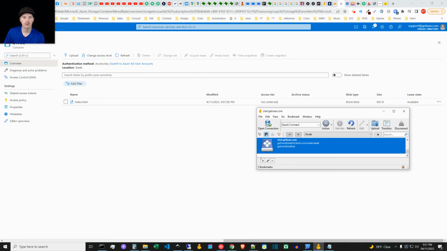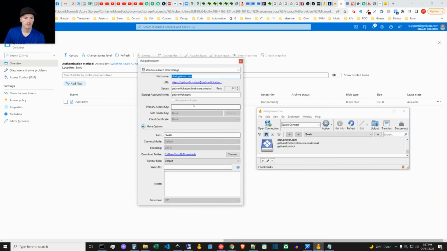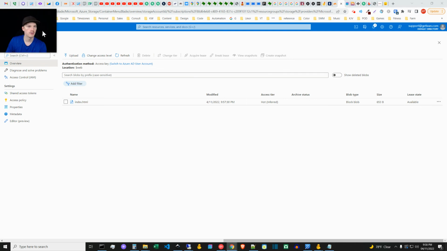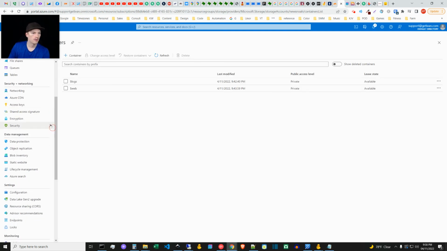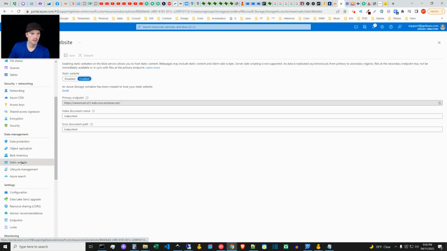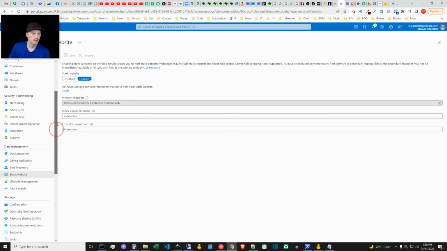So with CyberDuck, you can come in here and go to add a bookmark, and once you have your little bookmark here, then you can kind of configure this like this. So in CyberDuck as an FTP client, what you can do is you can add that blob core address that we saw earlier when you go to, where is it? Let's see, was it static site? No, it was